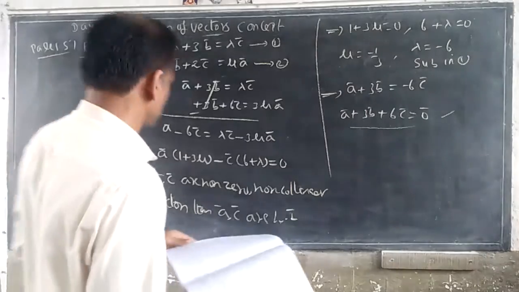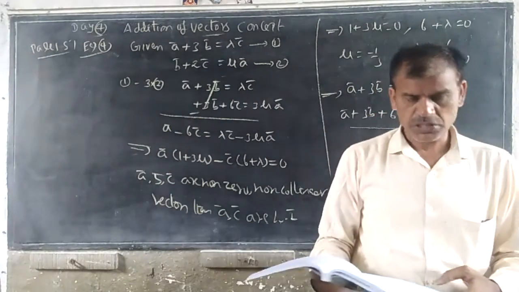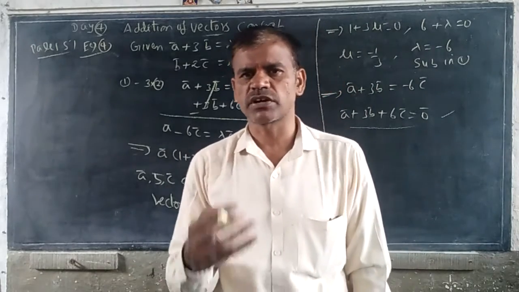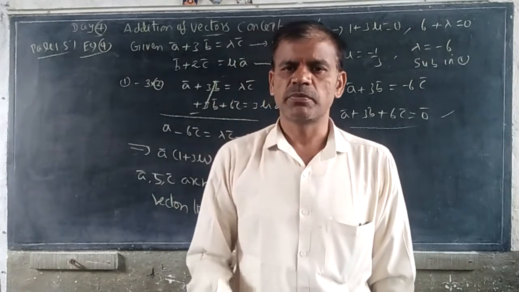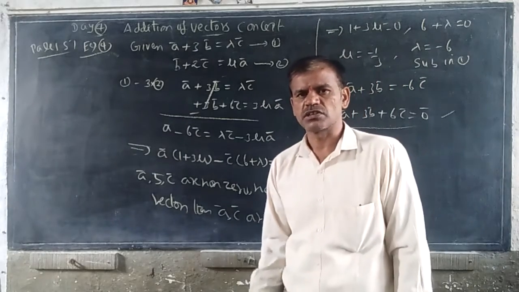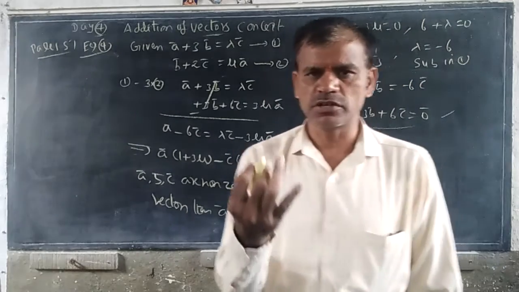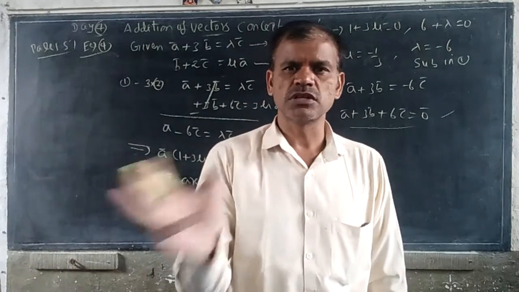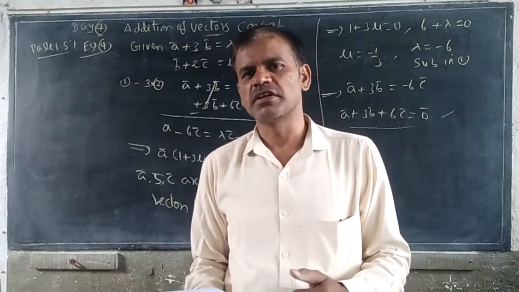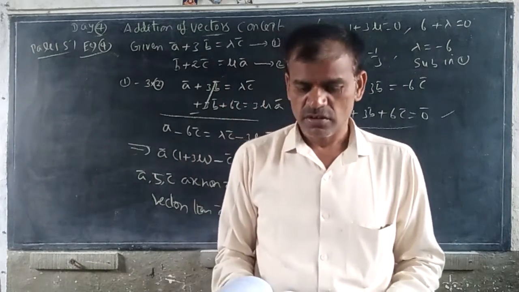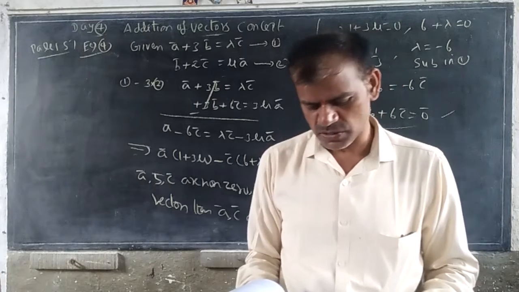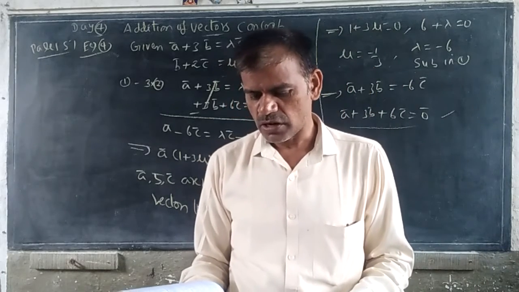Already we have discussed the equation of plane, equation of line, vector equation of line, vector equation of plane. The vector equation of a line passing through a point and parallel to another vector, and the vector equation of a line passing through 2 points. The vector equation of a plane in 3 ways: passing through the origin, passing through a point and parallel to 2 vectors, and passing through 3 points. Everything we have discussed. You can see the notebook, because I have discussed it plenty of times, in 3-dimensional geometry also, in 3D lines also, and we have done plenty of sums. That is why now I am not discussing those sums.